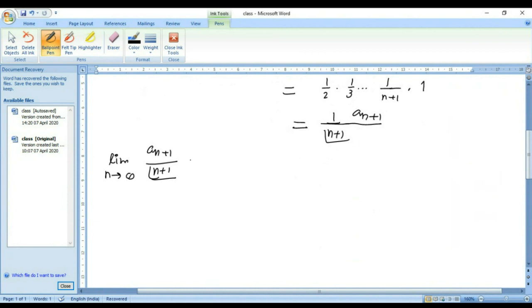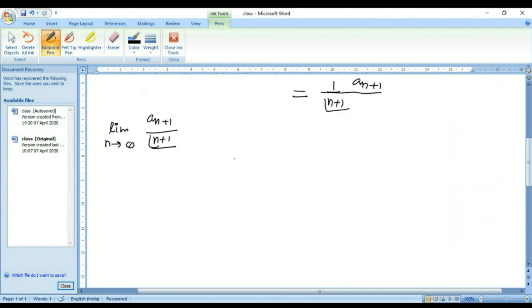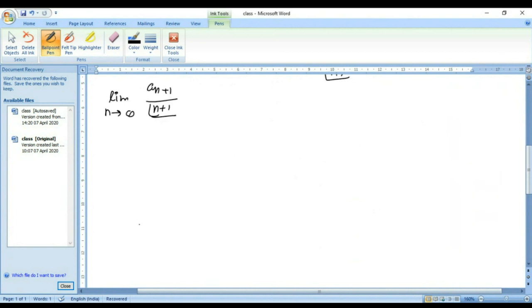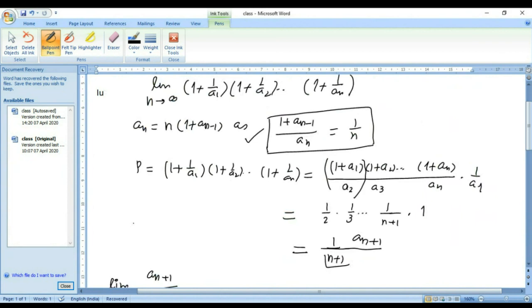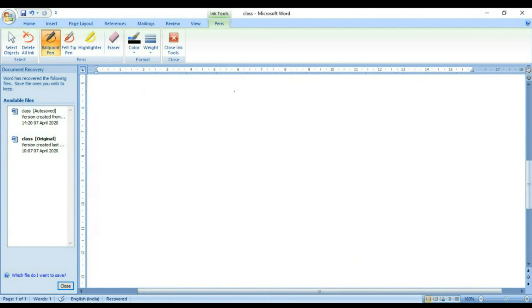This problem also can be done in a different way. That is, again, go back to the definition. An is n times 1 plus an minus 1. So this an is n times 1 plus an minus 1. I can divide the whole thing by n factorial. So an over n factorial is 1 upon n minus 1 factorial, and 1 plus,